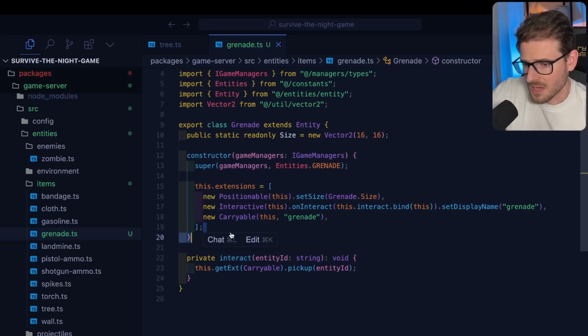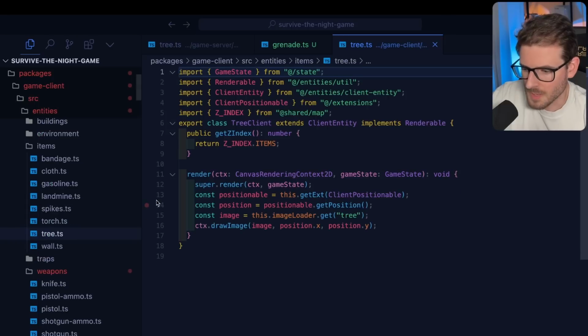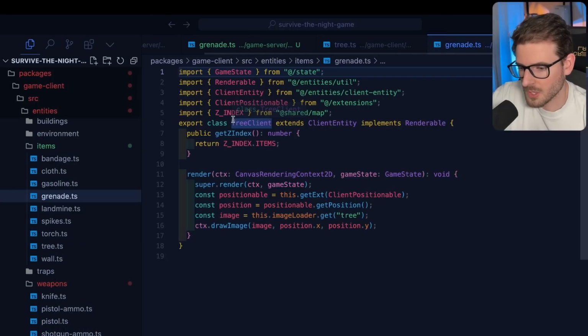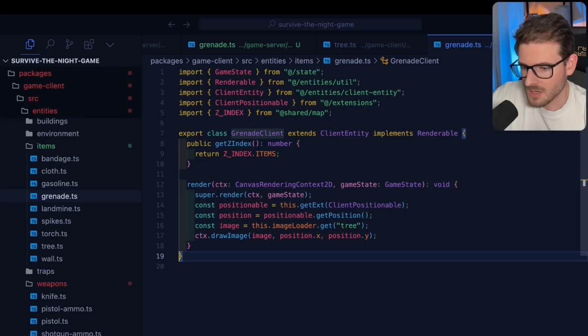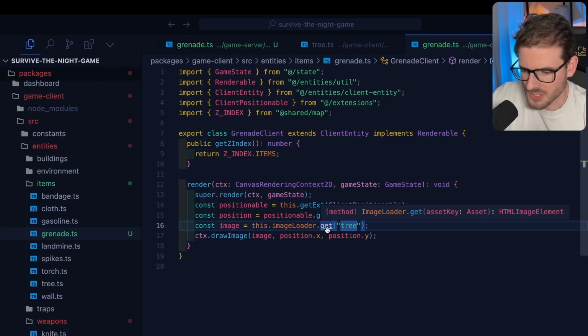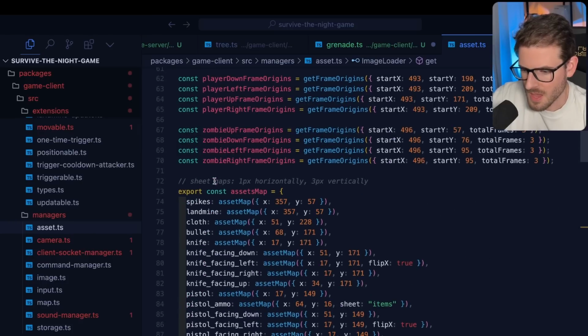Second thing, let's go to the front end. So I'm going to go ahead and say client tree, and we're going to open up this one. I'm going to copy and paste this, and we're going to say grenade, awesome. And then we're going to put a G here, okay? Oh, look at that, it's already tab completing. Okay, we are actually going to call this, actually let's go to the image loader, right? So we have these assets here, and I can just go ahead at the top, and I'm going to go ahead and just,